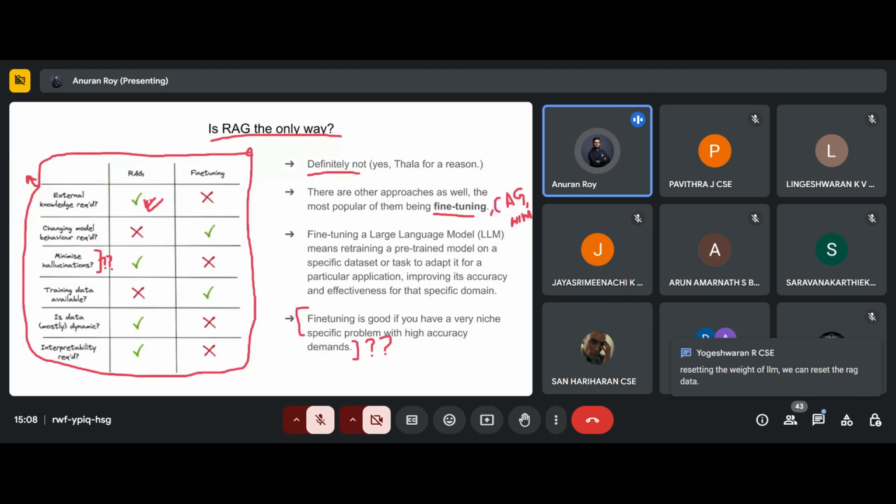Resetting the weights of the LLM, we can reset the RAG data. Instead of weights, we can reset the RAG.